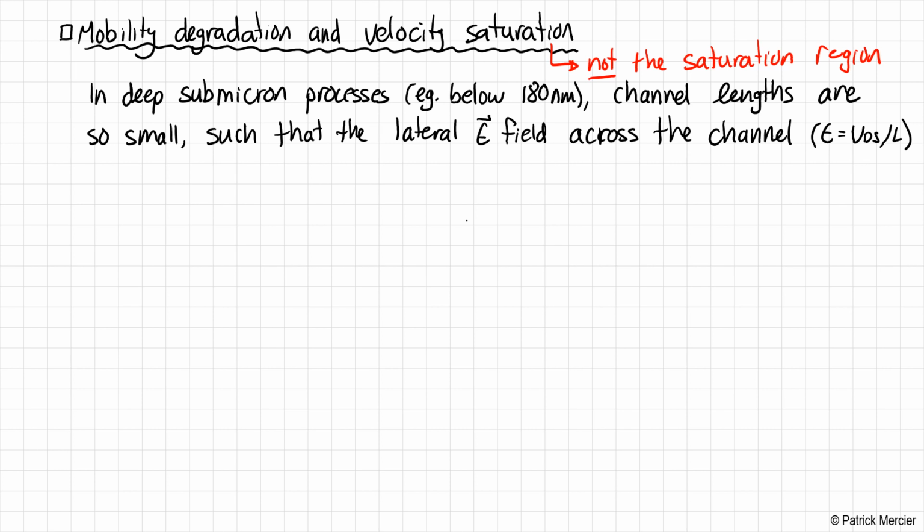As L shrinks and VDS stays roughly constant, it hasn't really changed too much from 1 volt, then the electric field across the transistor starts to get very big. Okay, so we're saying the lateral electric field across the channel is so large that carrier velocity